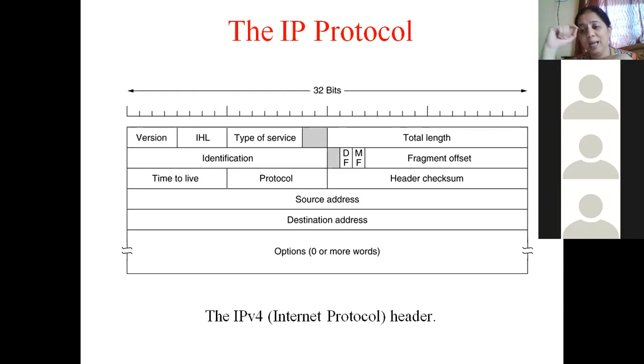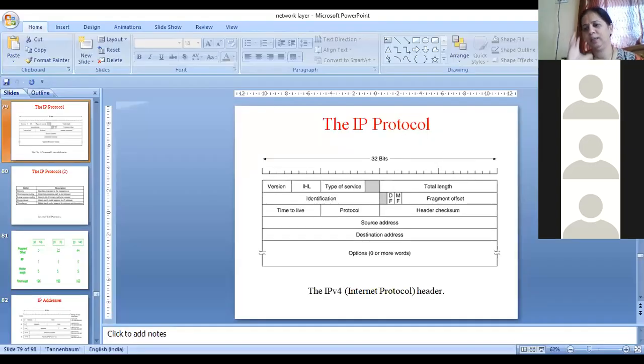Like that, with the help of the address, even on the internet, even if millions of users are there all over the internet, a packet which is addressed to a particular destination reaches the destination safely and correctly. This address, a unique way of identifying a machine on the network, is what we are going to learn today. We are going to learn about IP addresses. Today we will just get introduced and learn a little about IP addresses, and in the next class we'll learn a little more about IP addresses.